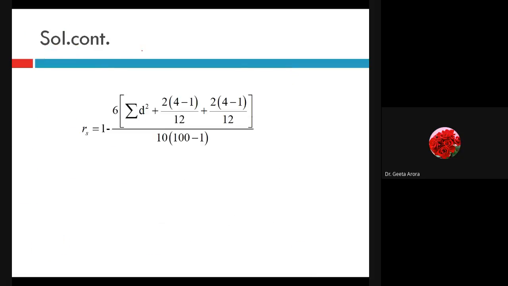So we have in the formula 1 minus 6 sigma d square 1 by 12 m into m square minus 1. Correct? So m means we have 3, m into m square minus 1. It's 3 into 8. I think one value is missing there. They have shown with 2. If I write down 1 by 12 as such, m into m square minus 1. So they have shown actually one value is missing over here.